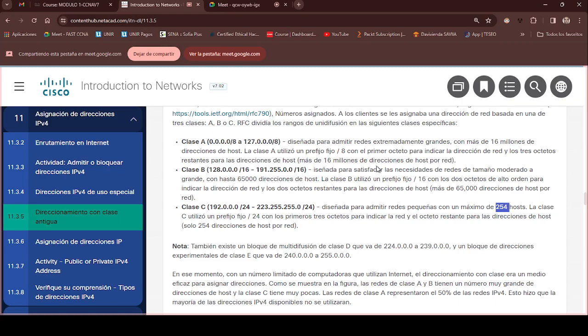Ahora, la empresa tenía más de 254 equipos. La empresa tenía 500 equipos. Ya no se le podía asignar una red clase C, se le asignaba una red clase B. Y resulta que a la empresa, que tenía 500 equipos o 300, lo que fuera, se le asignaba una red de 65.000 direcciones válidas posibles. ¿Qué ocurría? Pues que la empresa tenía 500 equipos y quedaban sin utilizar